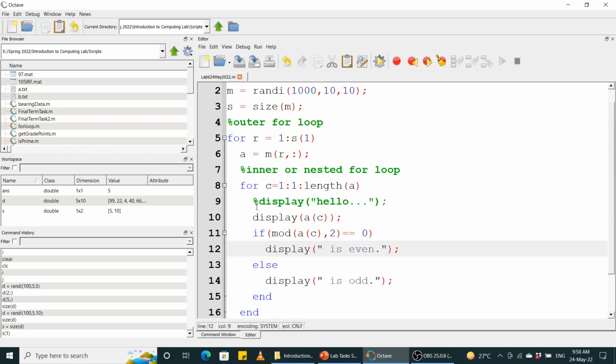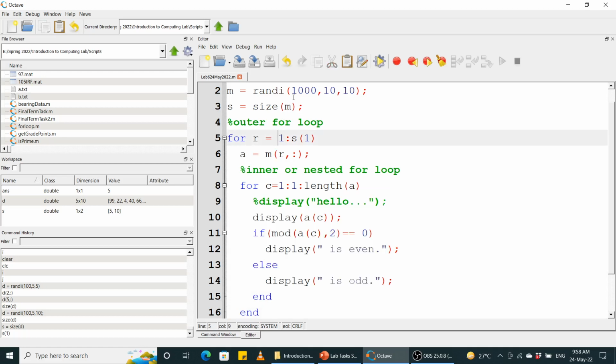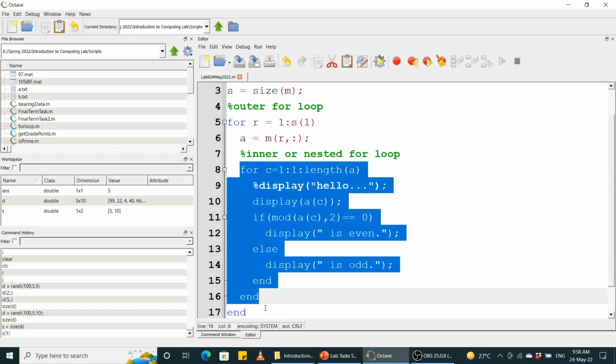ये जो कोड है ना, it would be executed 10 times. So for each value of r हम क्या करते हैं? We access a row vector in the matrix M. तो ये लूप क्या करती है? ये जो इनर फॉर लूप है, ये उस रो वेक्टर के हर एलिमेंट को, जो कि 10 एलिमेंट्स हैं, चेक करती है कि वो एलिमेंट ऑड है या इवन है। जब वो चेक कर लेती है फिर it moves to the next row vector, ठीक है।